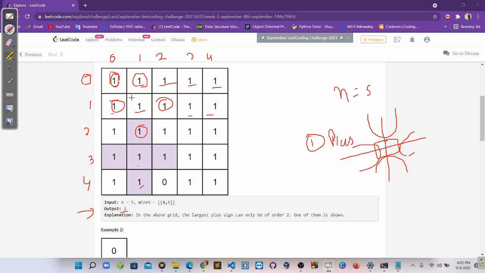So the minimum is 1, so we have to consider 1 from each side so that we can create a plus sign. So if we did like that, it also works. But what we have to do, for each cell we have to check every row and every column. So if there are n rows and n columns, then for each cell, which is a total of n cross n cells, we have to calculate its left, bottom,